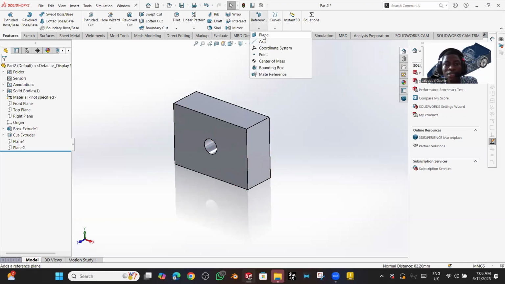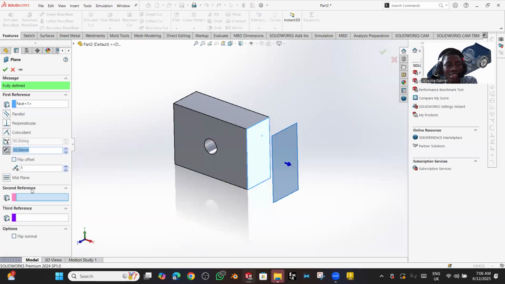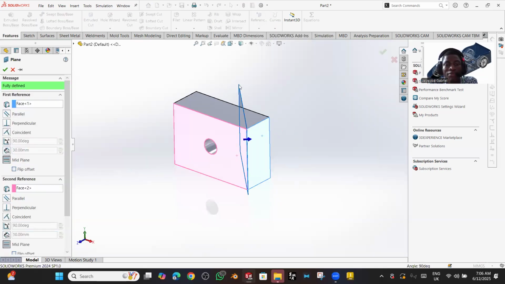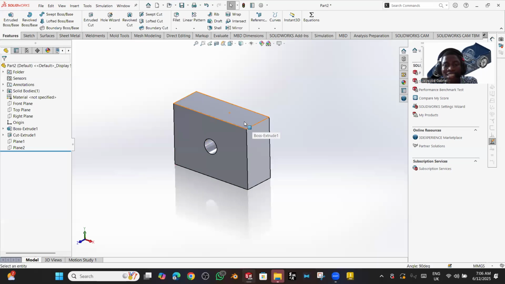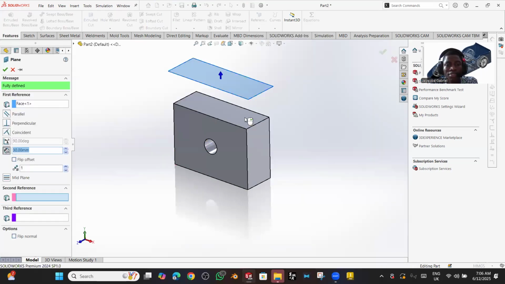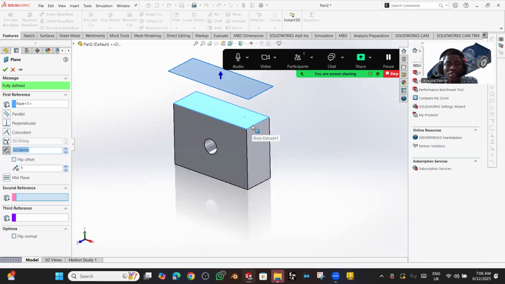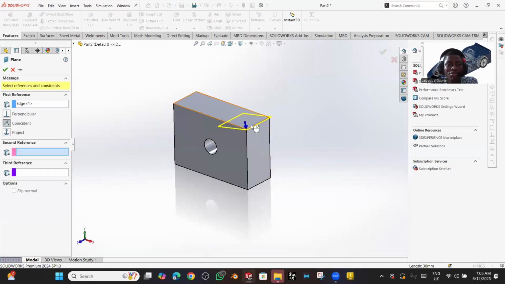I'll click on this plane. I'll select this as my first reference. Then my second reference, I'll select this. Can you see? A plane will be created just in between these two faces. If I want to create a plane that will be inclined at an angle to this face, I'll select reference. This is my first reference, right? Then my second reference would be this,